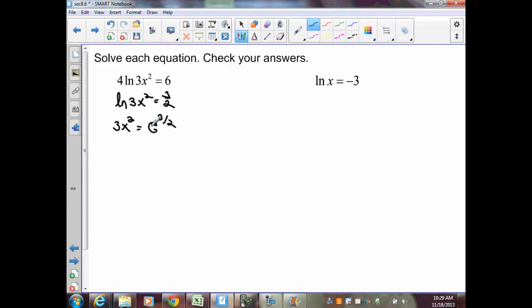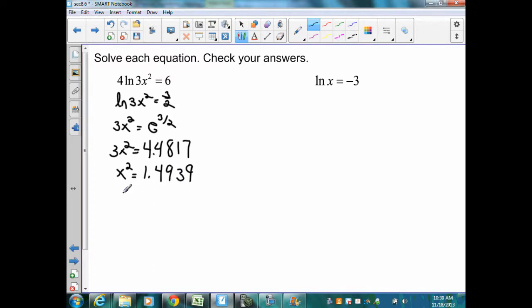Find the value for e to the 3/2. That's going to give me 3x squared equals 4.4817. Divide by 3, and I'm going to get x squared is equal to 1.4939. Take the square root of both sides. I get x equal to plus or minus 1.2223. And when I plug both those back into my equation and then into a calculator, I get each to be a solution. Therefore, plus or minus